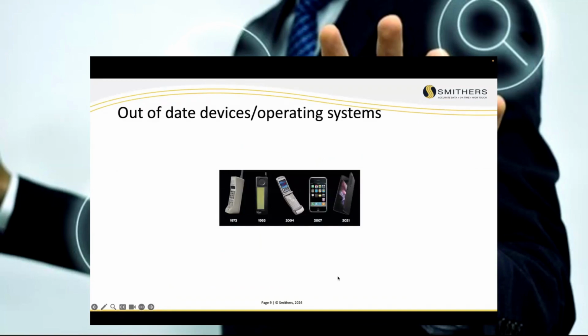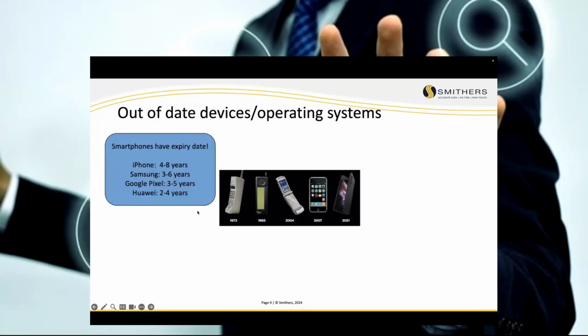Cell phones, just like computers. If they're out of date, if the operating system is expired, if the operating system is no longer being supported, you're in trouble. I love this graphic. This is perfect. In 1973, we had these bricks. They were pretty hard to hack because there was nothing to them. And then, slowly, we've made ourselves out to the folding devices, etc. I know this is going to come as a shock. Your cell phone has an expiry date. And it's not just that the software starts running slow. It's not that the battery doesn't hold anymore.